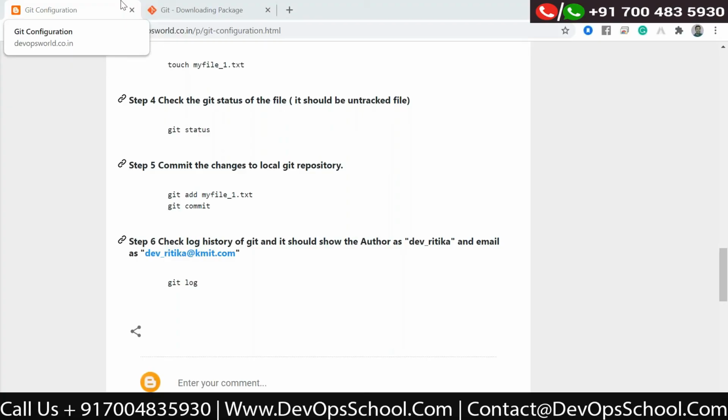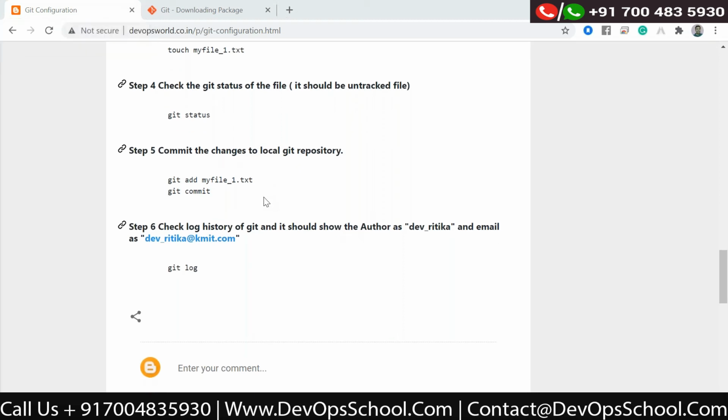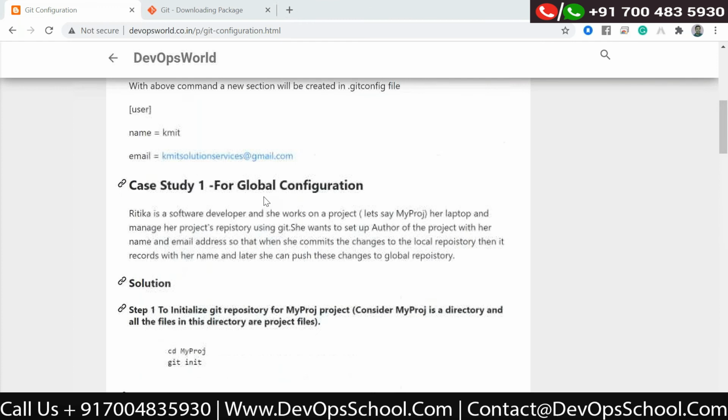So far we have not discussed anything about the global repository. We will discuss that in GitHub in a bit. Now we have a clear understanding of the configuration file.